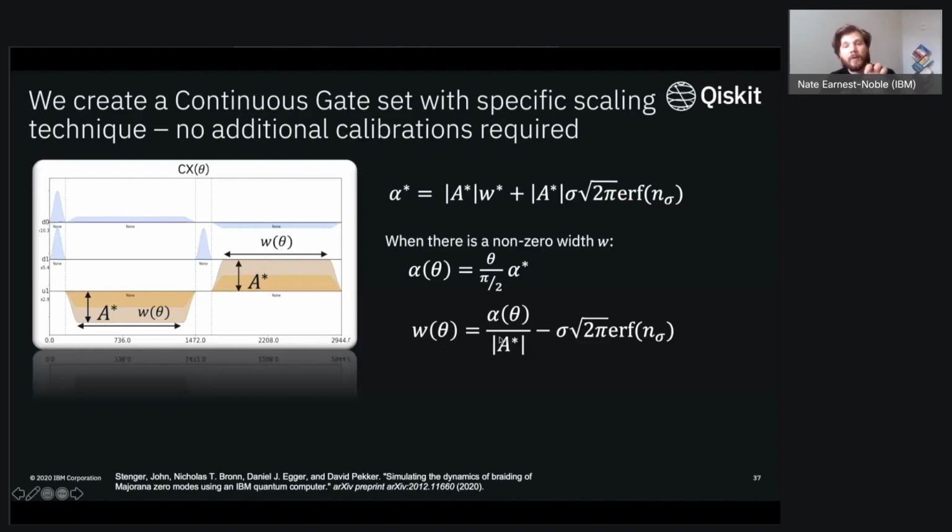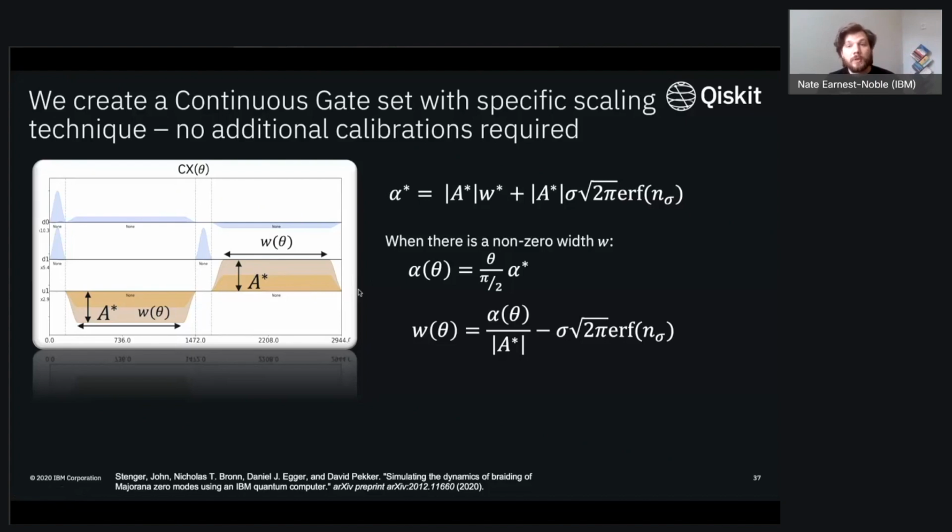So this is now how we can begin to scale down the pulse and get these partial rotations on our target qubit, without having to do any sort of calibrations. Once your width gets to 0, you then have two options. You can now try and scale the rise fall times of these pulses. We decide to avoid this though, because by doing so, this is where you then start to get into those issues of having undesired excitations outside of your computational space.